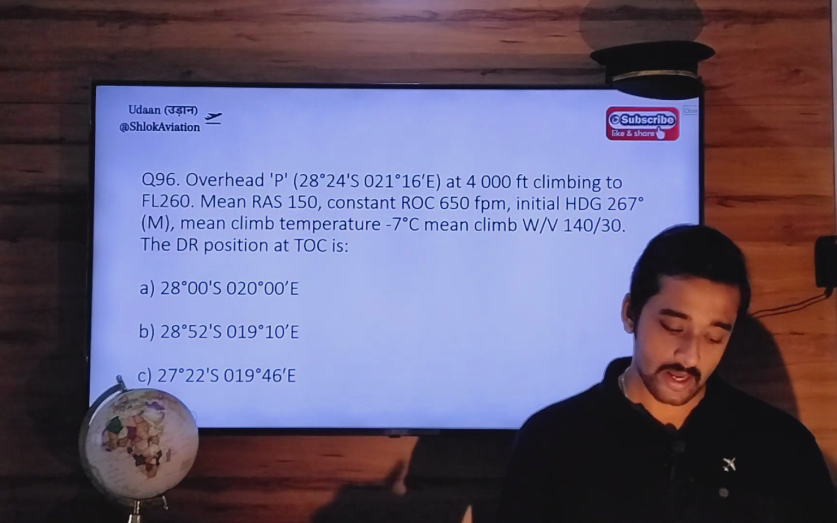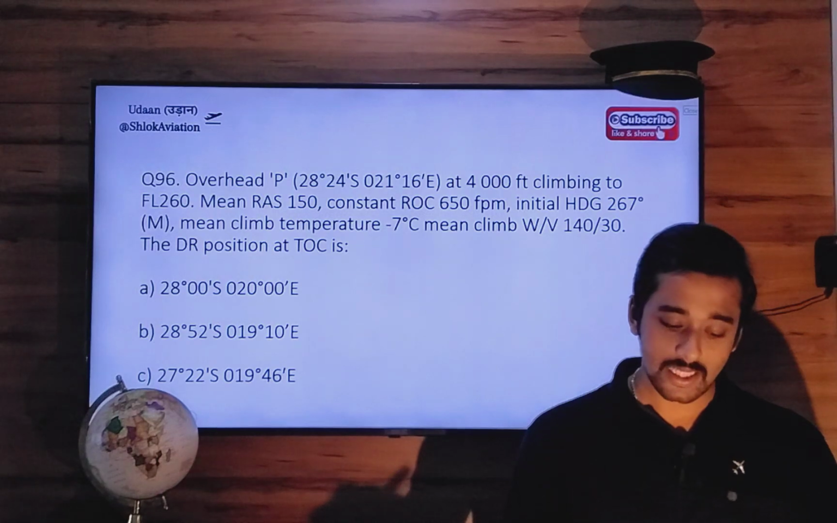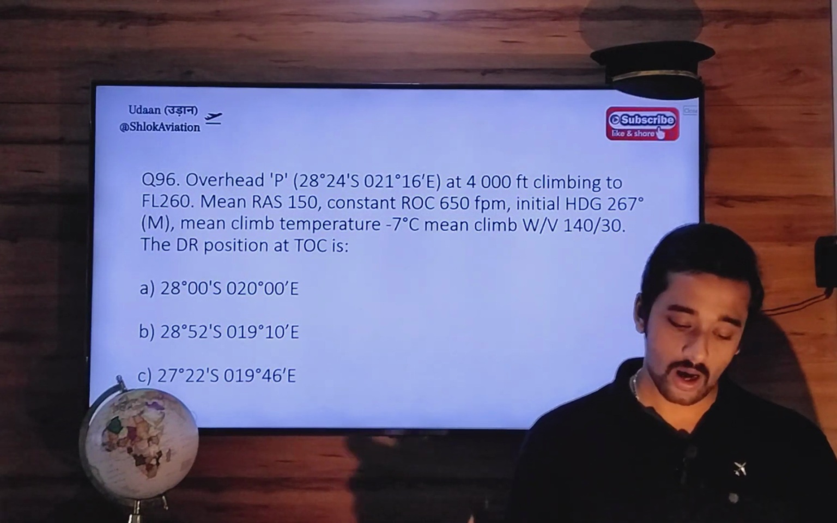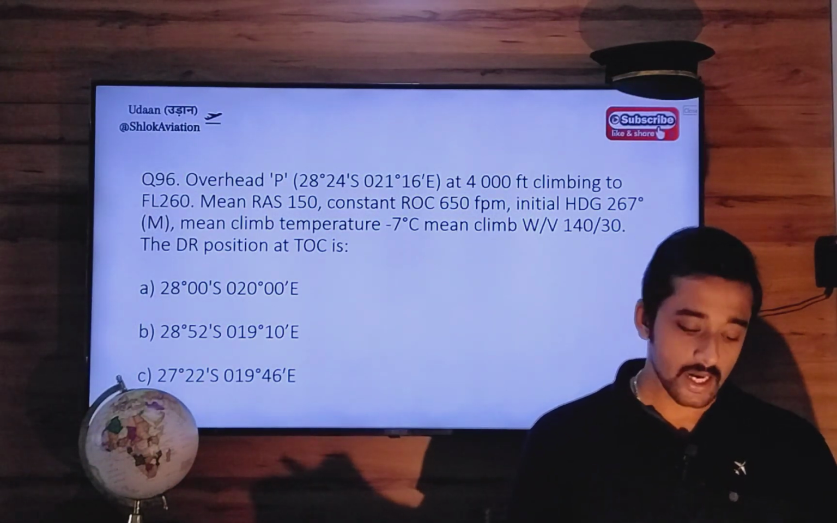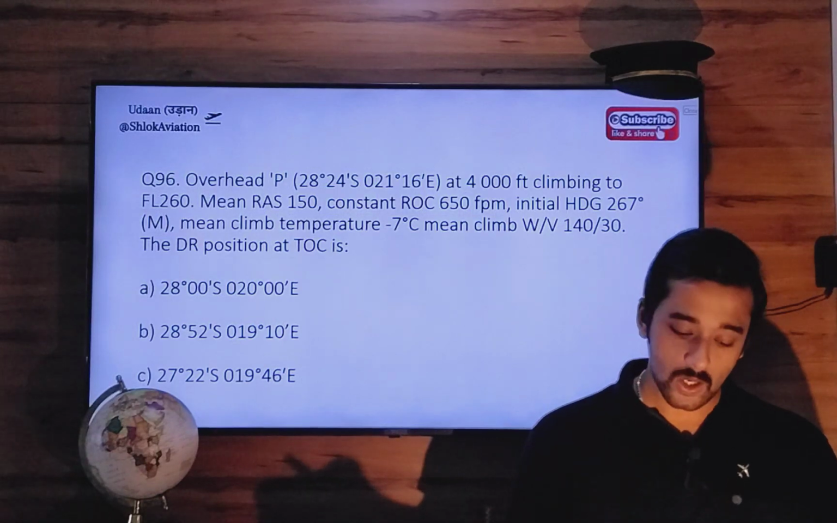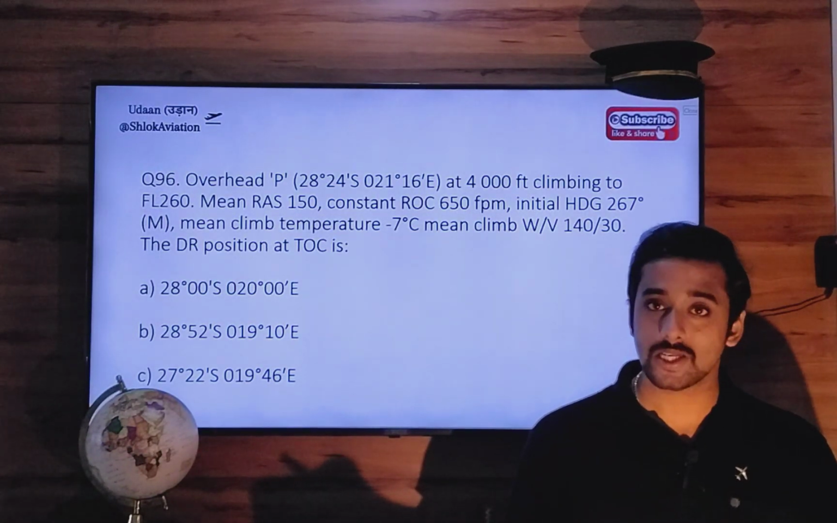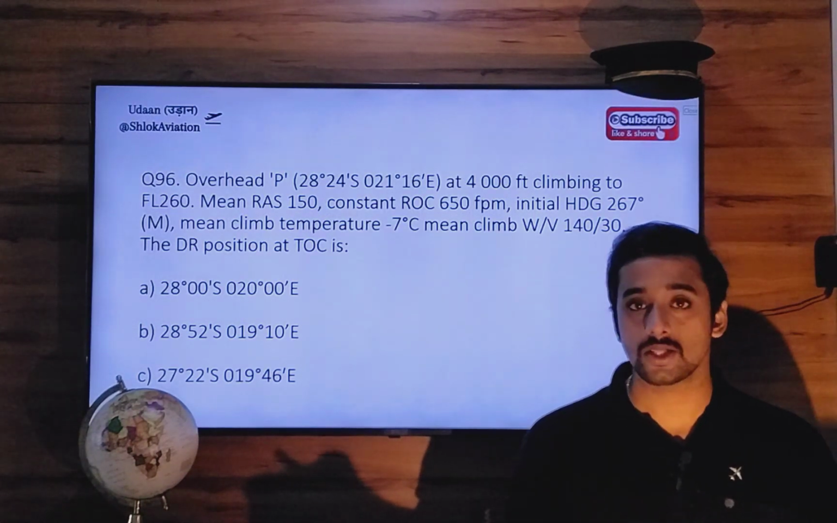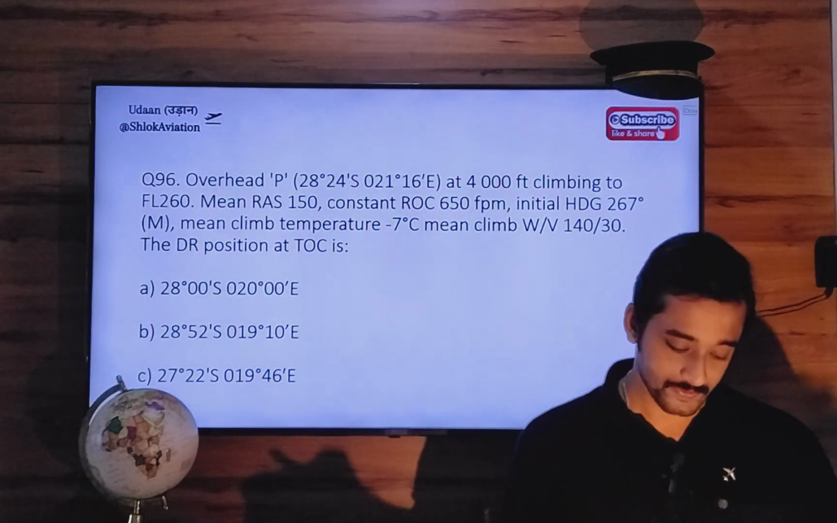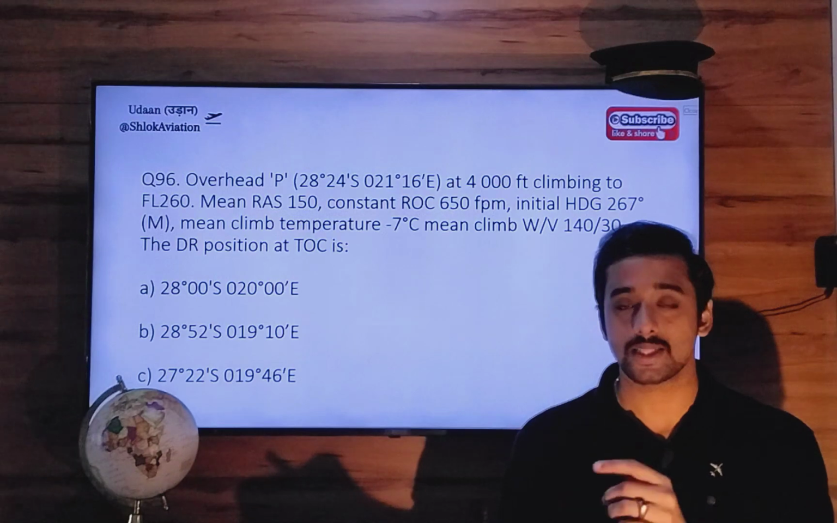There is one coordinate, Papa: 28 degree 24 minutes south, 21 degree 16 minutes east. Over this position, you are at 4,000 feet, climbing to flight level 260. Mean rectified airspeed 150, rate of climb 650 feet per minute, heading 267, temperature minus 7 degrees Celsius. Climb wind velocity is 140 at 30. You have to find your new position at the end of your climb, that is at the end of your